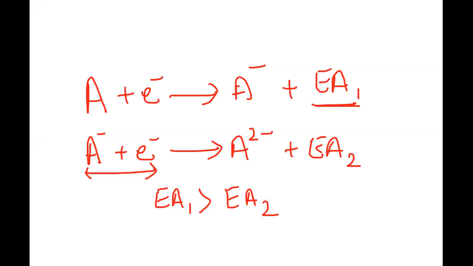I think this is enough for today. In the next class I will continue with electron affinity and move on to electronegativity, which is again another important aspect. Remember, when you go across the period, ionization potential values increase, electron affinity increases, electronegativity increases. And when you go down the group, ionization potential decreases, electron affinity decreases, electronegativity also decreases. The only thing that goes opposite to these three properties is the atomic size, which is inversely related to all of them. More details we will take up in the next class.